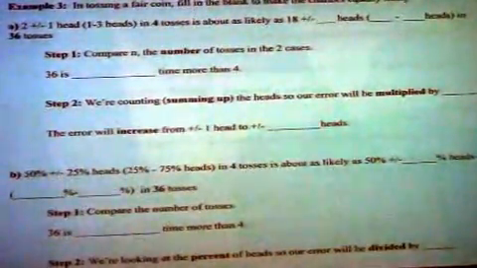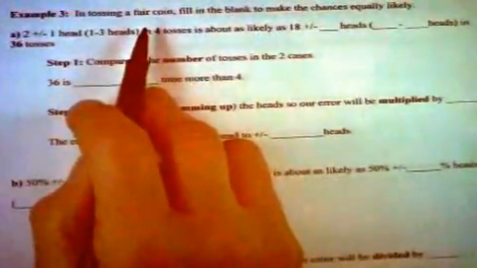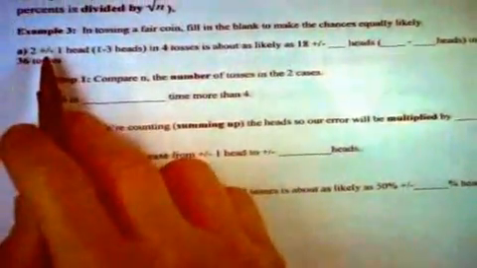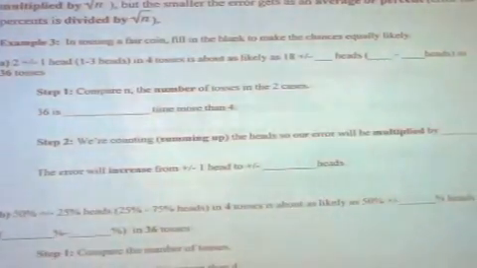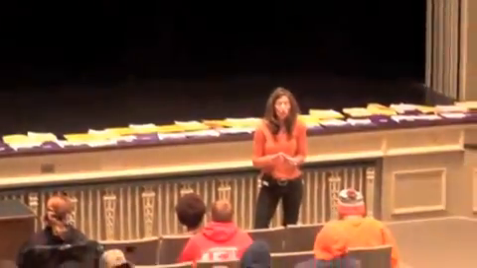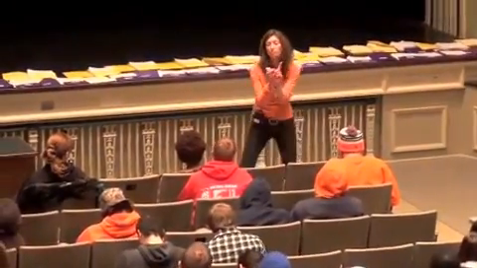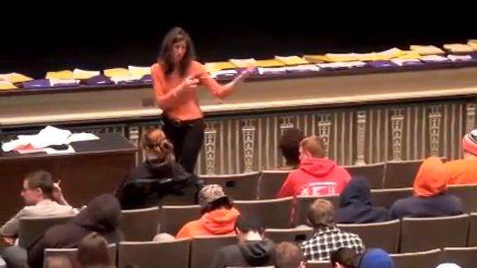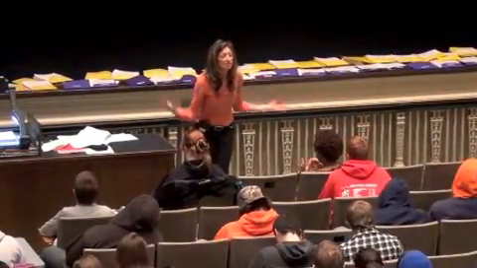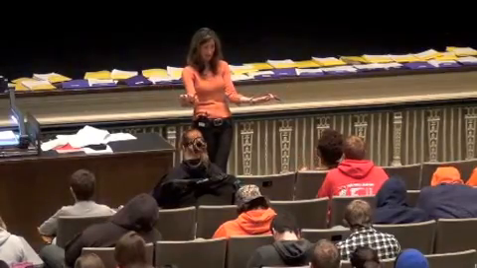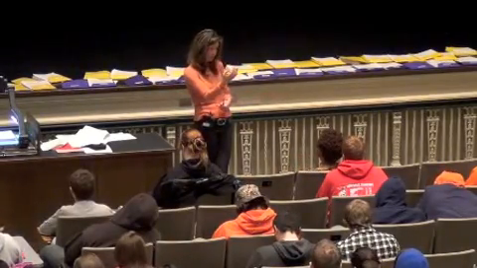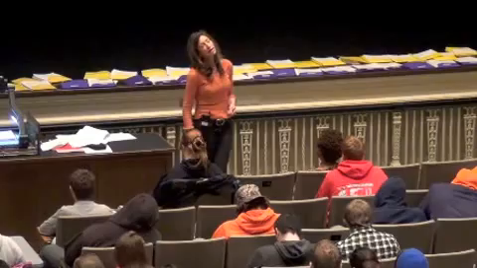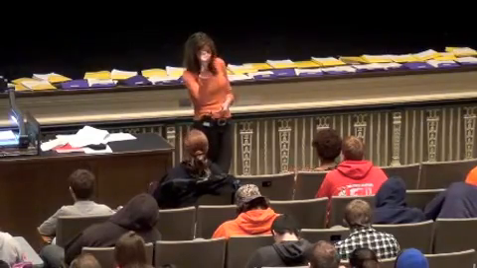All right, so this is the idea. You flip a coin 2 times. Let's make the chances equally likely. You flip a coin 2 times, and you'd expect to get 1 head. What's the biggest your error could be as a number? You could be 1 off from that. You could get 2 heads or 0 heads. That's just 1 off. But percentage-wise, that would be a huge percent off. You expect 50%, but you get 0%. Now, if you got 2 heads, you'd expect 1.